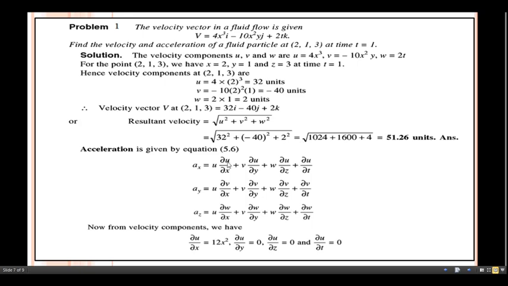Okay, so first of all, get the ∂u/∂x. I can get the ∂u/∂x. For that, if you focus on the relation with us, u equals 4x³. As we are just considering the x direction, just consider the u value only. Here, ax equals u into ∂u/∂x, so we need the ∂u/∂x. So get the ∂u/∂x, separate this term.